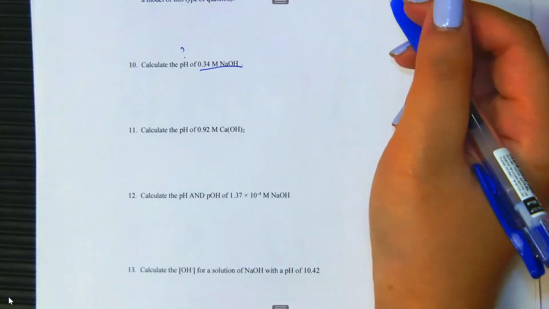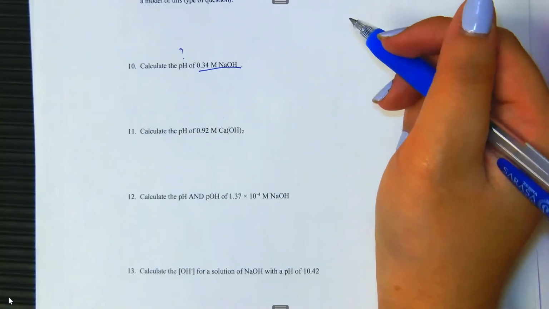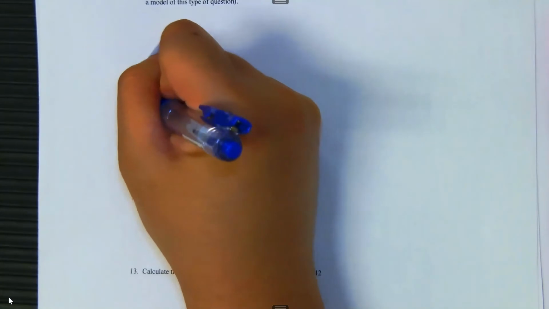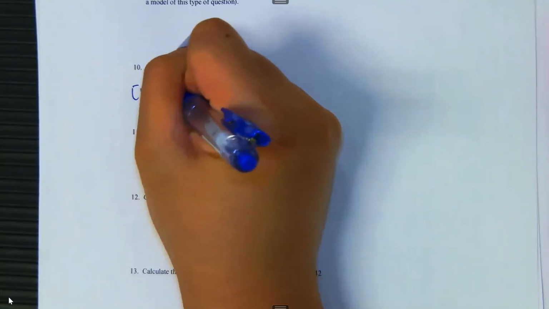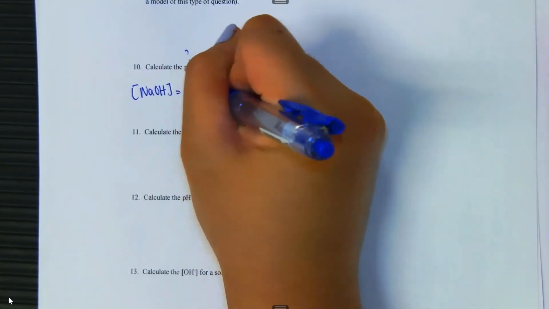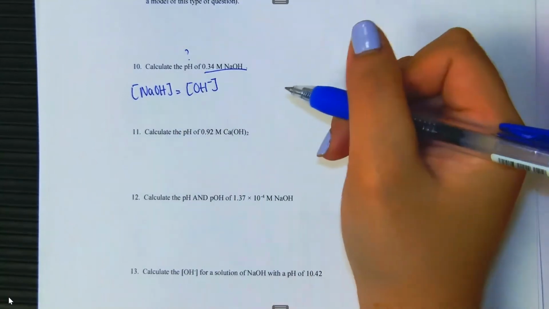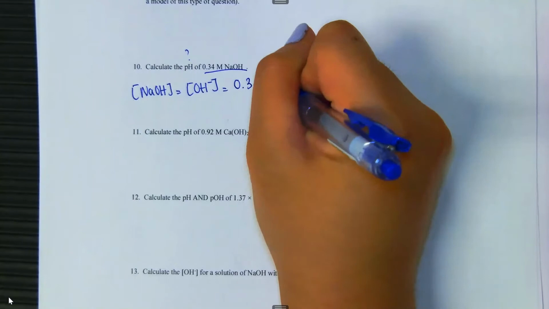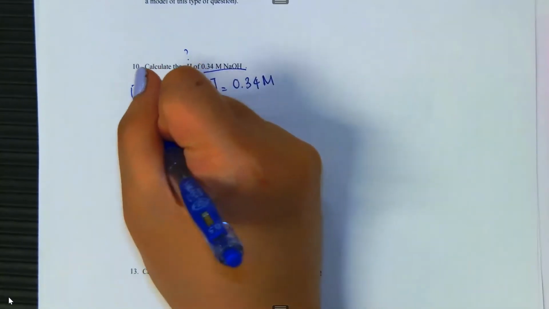So let's go through number 10 together then. Because the concentration of sodium hydroxide is going to equal the concentration of the hydroxide ion, which is 0.34 molar, I can then find the pOH